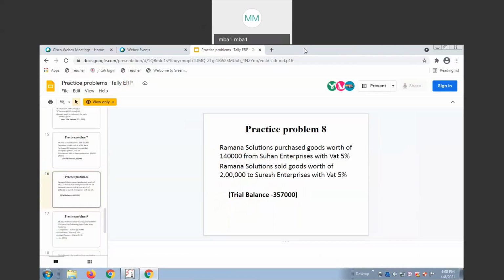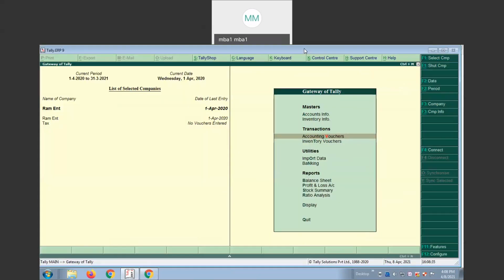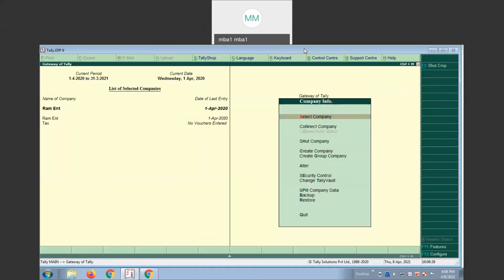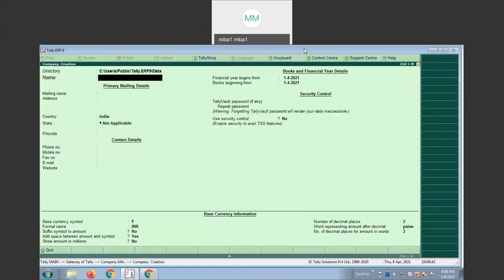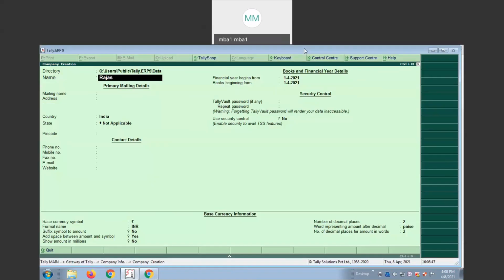All of you practice the 8th problem, and after that the 9th problem, simple problems. First I'm creating a company, Alt F3, create a company. What is the company name? Rajashekhar Enterprise.